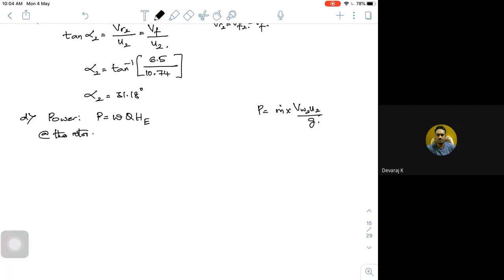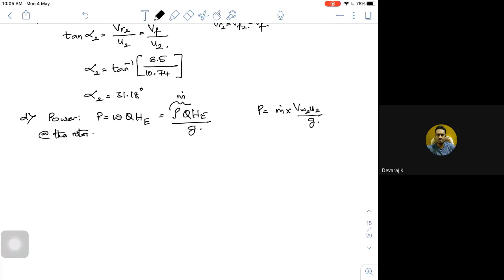You should not get confused with this formula we have been using and this formula. Is there a difference? No difference at all. A few books go with this particular formula. Once again, this is rho into Q into He divided by G, the same formula. This is rho into Q, which is mass flow rate once again. Some of the books use omega into Q or gamma into Q into HU. Both are the same.